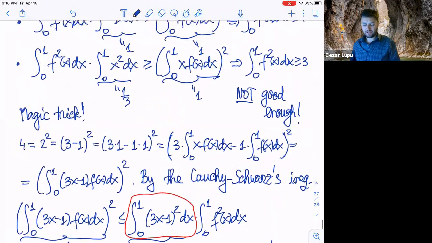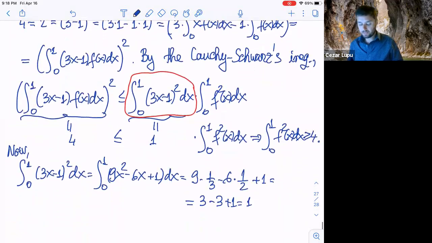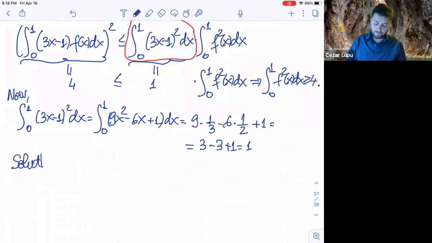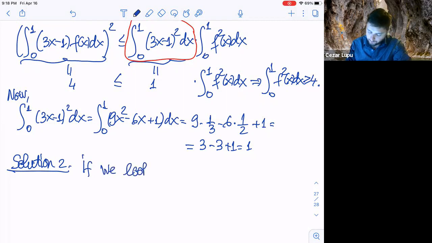But okay, this is a trick, a magic trick if you want to put it like this, but where does it come from? I mean, why did you pick that? Why did you do that? Maybe you can do something else. All right, and now let me explain it. So let's do the second solution. It's a more conceptual solution. All right, so if we look at the system of equations,